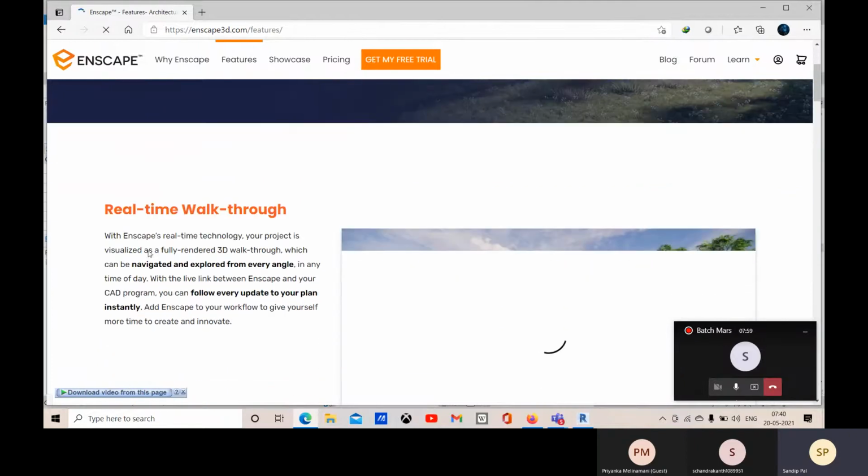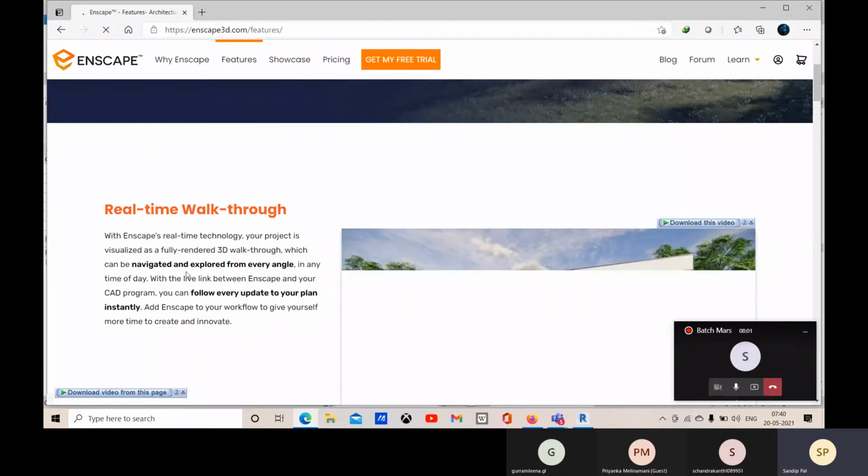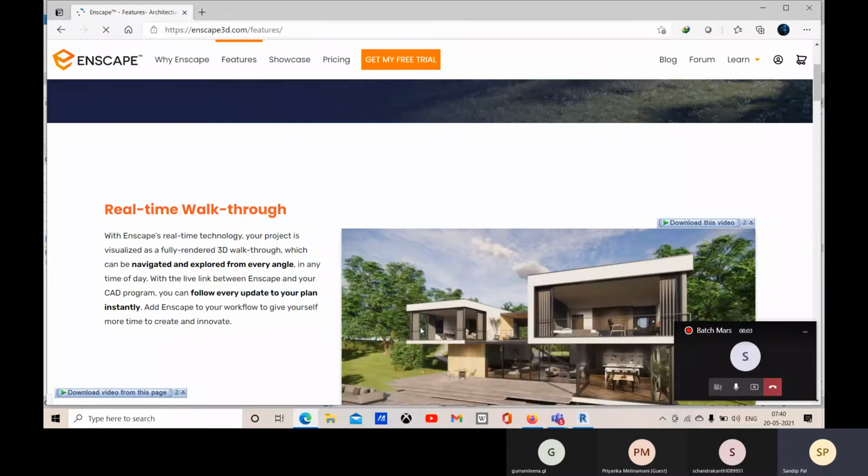So the main feature is the real time. Within just loading this plugin, you will get the realistic output. You can visualize the realistic image with proper materials which you have placed in your Revit or the other software like SketchUp.